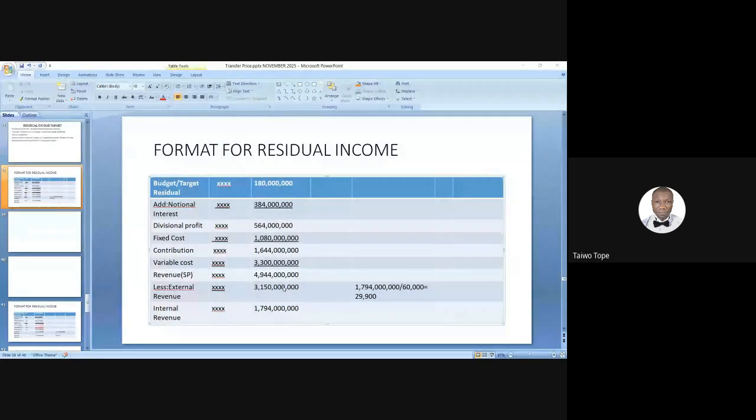So if you go there, you begin to wonder what they have done. But as we proceed, you will have that understanding of what the person who computed it has done. But this is a comprehensive format that will not stress your head trying to look for one thing or the other. Anywhere you go, this is the standard. So based on the question now,